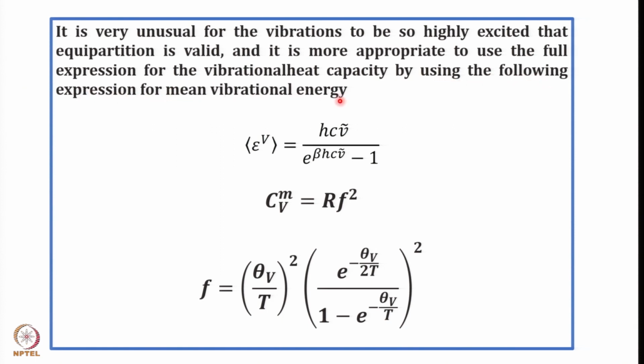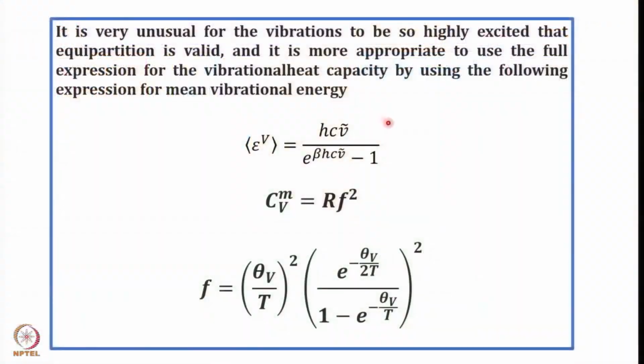That the vibrational energy separations are so far apart under normal conditions of temperature that equipartition will not be valid. And therefore, it is more appropriate to actually use this direct expression for mean vibrational energy,